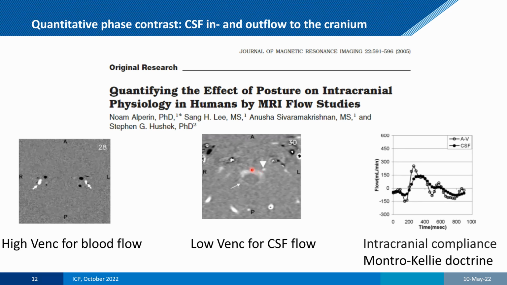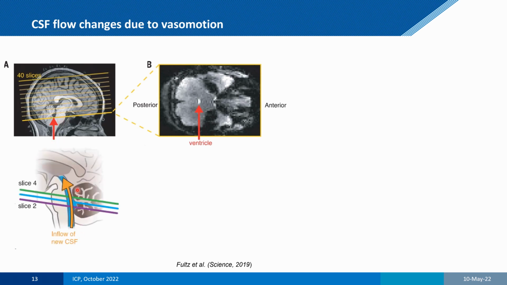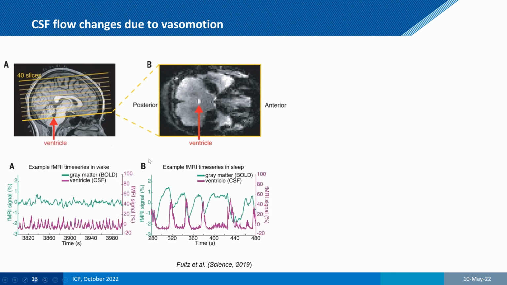Now, this same measuring of the CSF flow at the bottom of the brain was also used by the quite famous Science publication by Fultz and Laura Lewis in 2019, in which they used a very simple fMRI BOLD sequence like shown over here, but they made use of the fact that in the bottom slice, and the TR of the sequence was quite short, you have quite a bit of fresh inflow. And therefore, the fresh inflow of CSF gives this very bright signal. And of course, the temporal resolution is quite high, so they can measure this with a high temporal resolution. And then you start to see